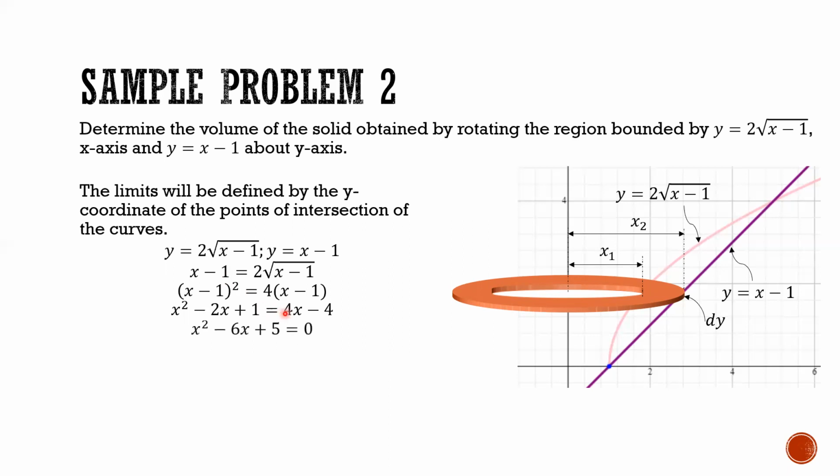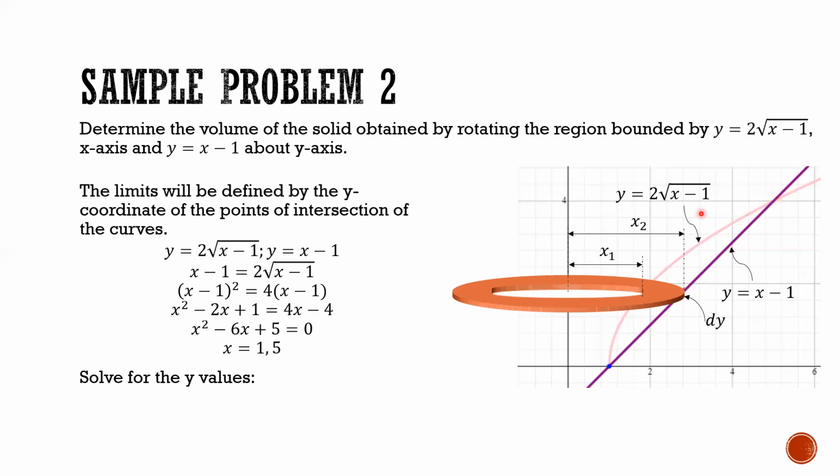And then transposing everything on the left side of the equation and equating that to 0, we create this quadratic equation. Using the quadratic formula, we can solve for x. That is x equals 1 and x equals 5. So those are the points of intersection of this curve, or should I say the x coordinates of the points of intersection. But since we need the y values,